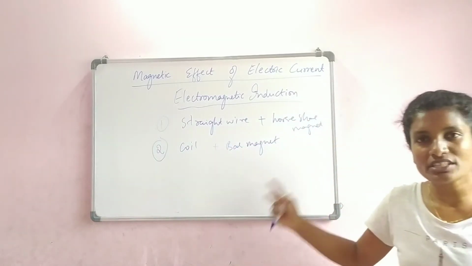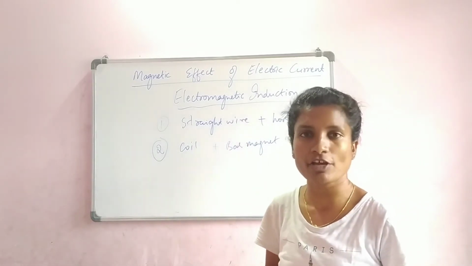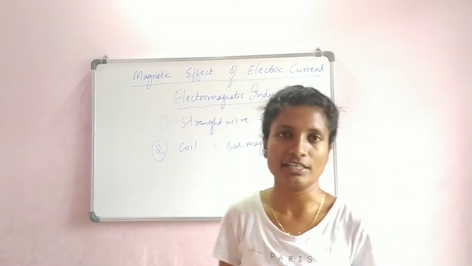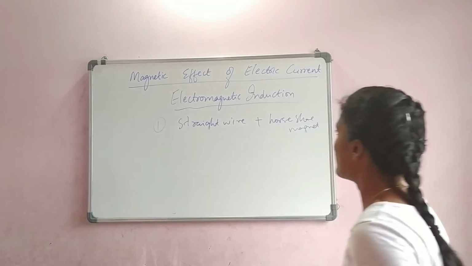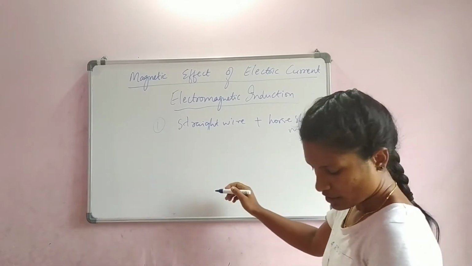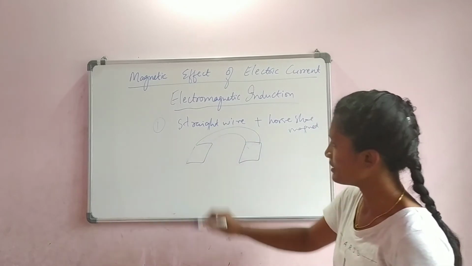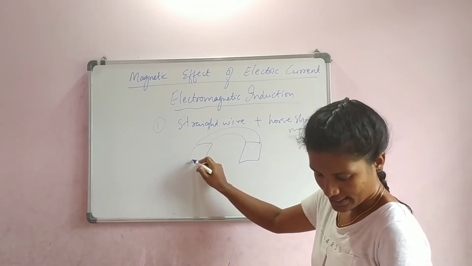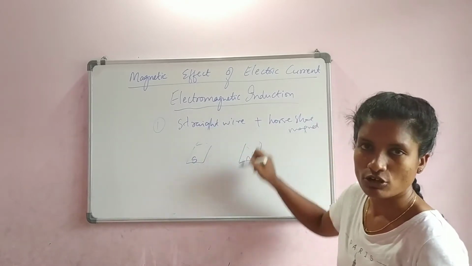If you observe, in both cases the magnets are different and the shape we are using is different. It is the same copper wire, but we are using a straight wire and a coil here. So let us first start the first experiment: straight wire plus horseshoe magnet. Construction of the diagram, how the setup has to be. Let's have two horseshoe magnets. We are only concentrating on the edges where the poles are present. Let's say this is the south pole and this is the north pole. I erase this because we need to draw the diagram in between.